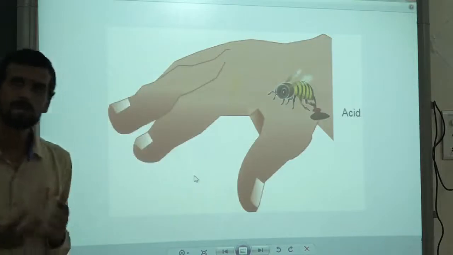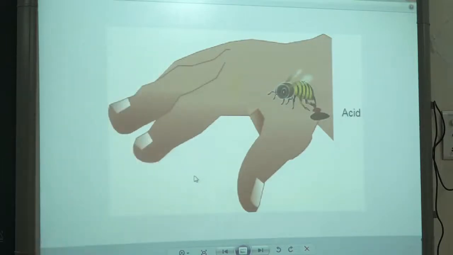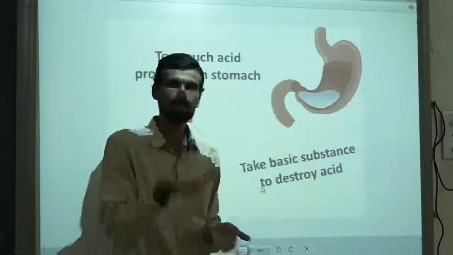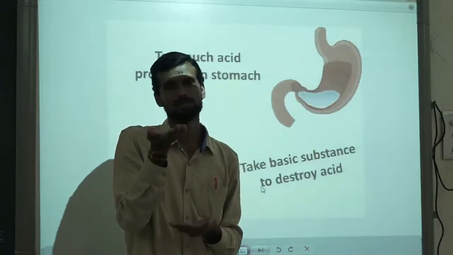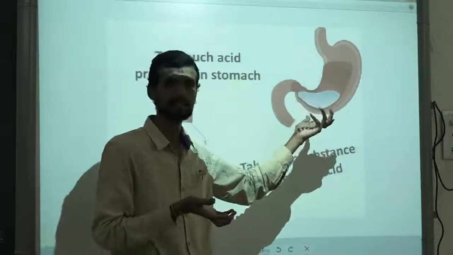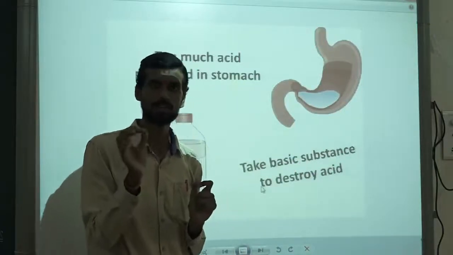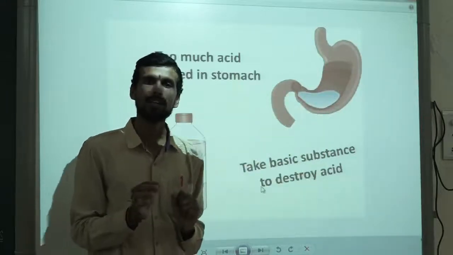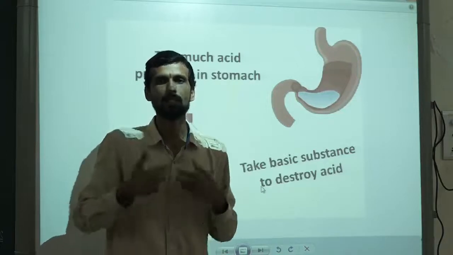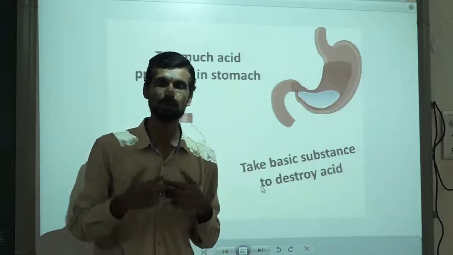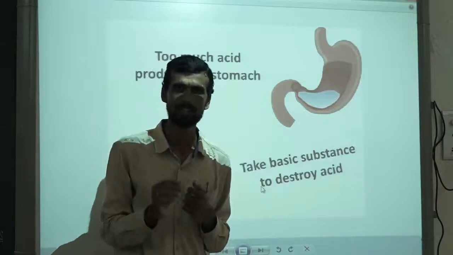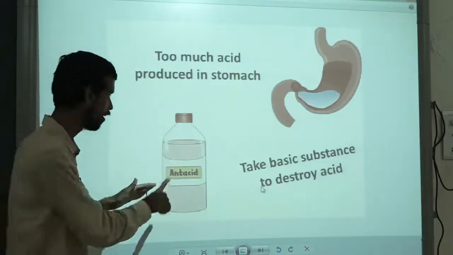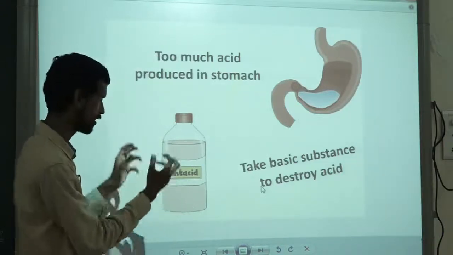When a person suffers from acidity, what happens in that? So here, acidity means what? More secretion, extra secretion, hyper secretion of acid in your stomach. You know, in the second lesson we have learned, hydrochloric acid is secreted by the stomach. If this secretion is more, what happens? You suffer. The condition is called acidity. You get a burning sensation in your chest, right? And then you have to take an antacid. Antacid means it is not acid, it is a base. Okay, antacid is a base.